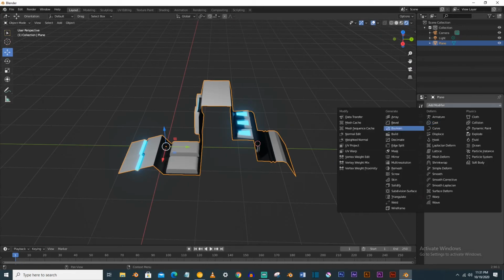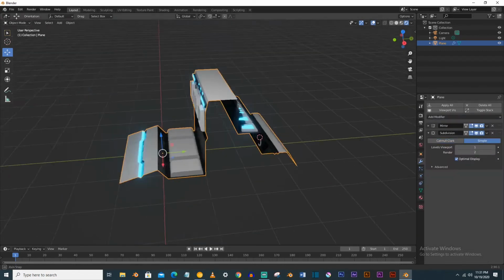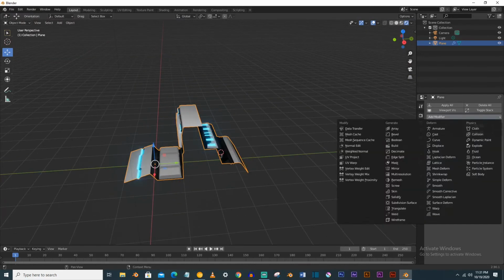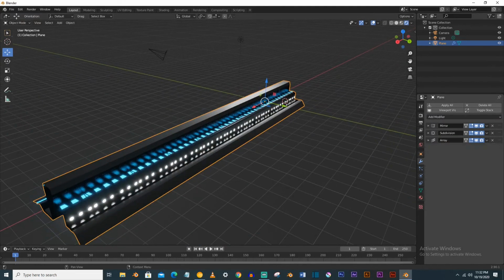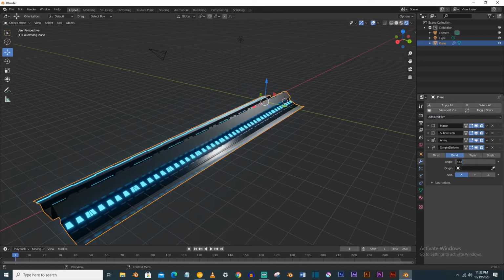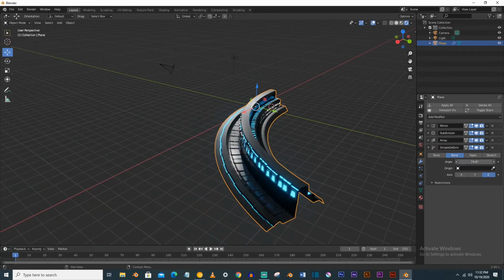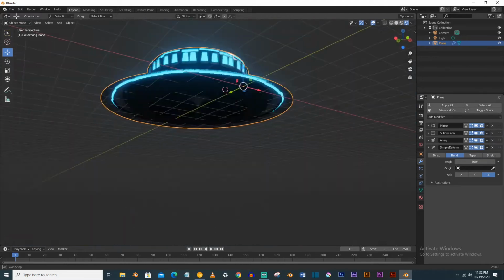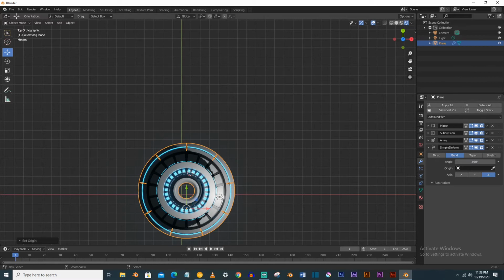So go to the modifier tabs, apply the mirror modifier, and now you have to apply subdivision, make it simple, and now apply the array modifier on it, make count 9, and now you have to apply the simple deform modifier, set it to bend mode and along the z axis, type the value 360, and this is our machine is ready. Now you can see that the machine is ready.